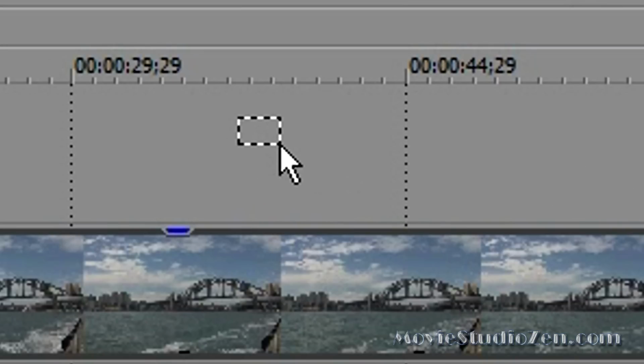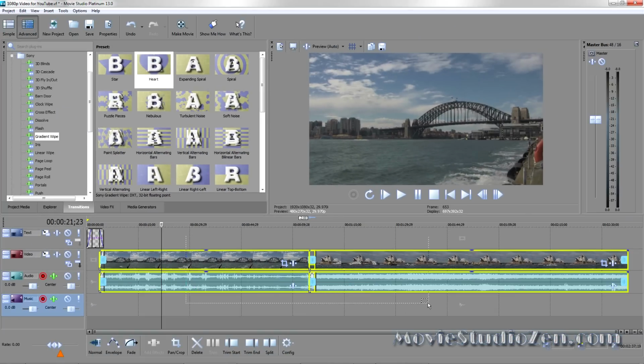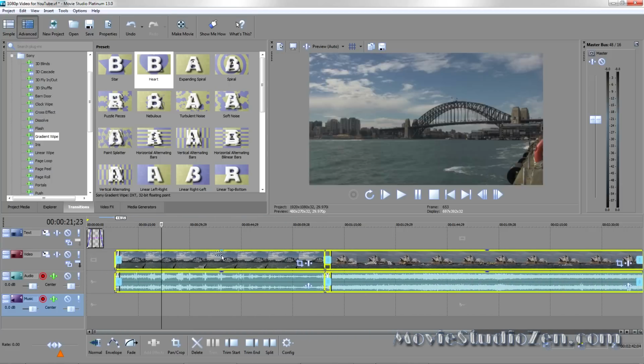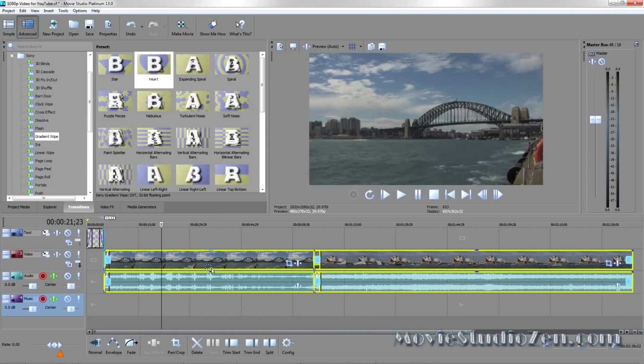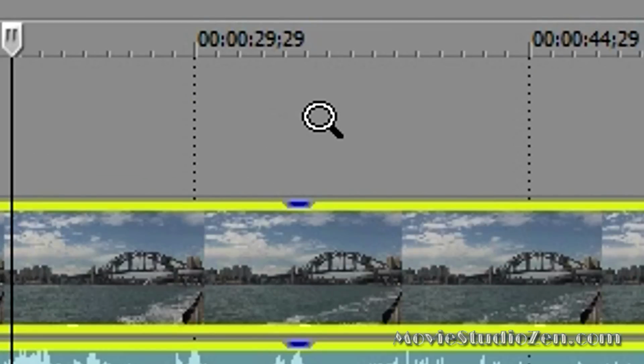When you've got that dotted rectangular box, you can drag out a region and it highlights everything that you may want to move. If I then hold on to that media, I can move it all in one big go. Once I'm finished using this tool, I can press D again. Now that goes into the zoom tool.